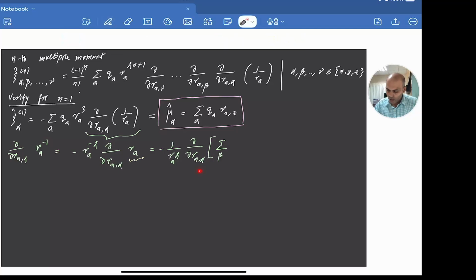The reason is we already have an alpha here, so we don't want to differentiate with respect to something where you again have alpha, so I'm going to use a different dummy index beta, of Ra beta square, to the power 1 by 2. So this will give us negative 1 over Ra square, 1 over 2,